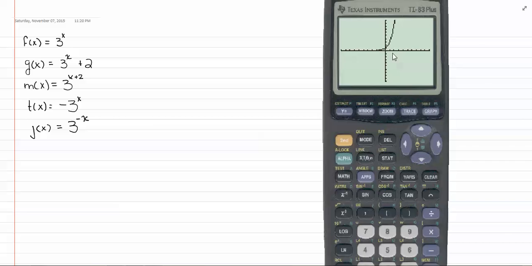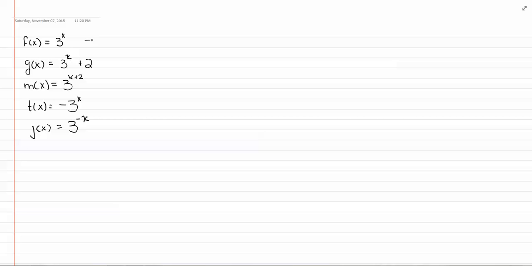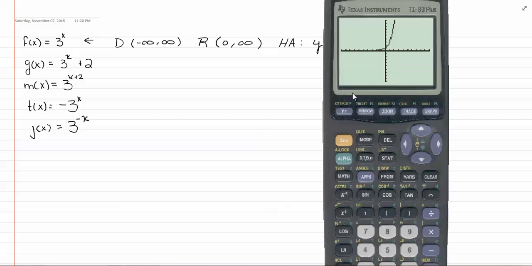We can talk about the domain of the function going from negative infinity all the way over to positive infinity. And we can talk about the range. The lowest y value gets very close to 0 and then goes up to infinity. So in our normal exponential function, we have a domain of all real numbers. We have a range that goes from 0 to infinity. And we also have a horizontal asymptote that has the equation y equals 0. And you can take a look at that in this picture. As it goes out to negative infinity, this line will get closer and closer and closer to the line y